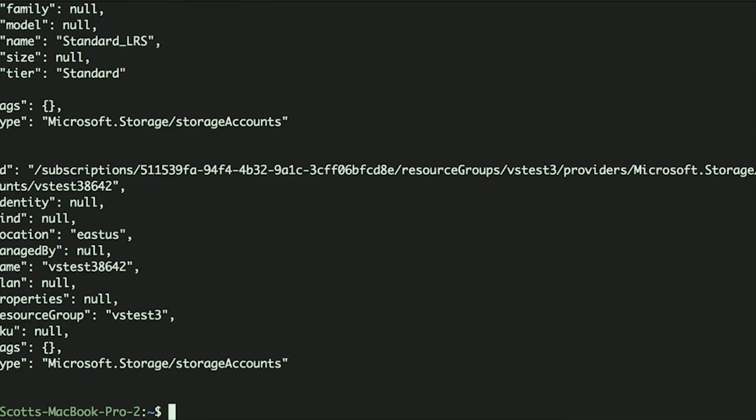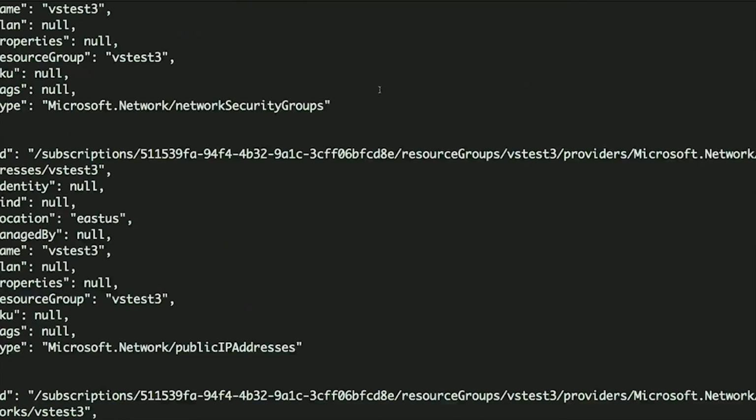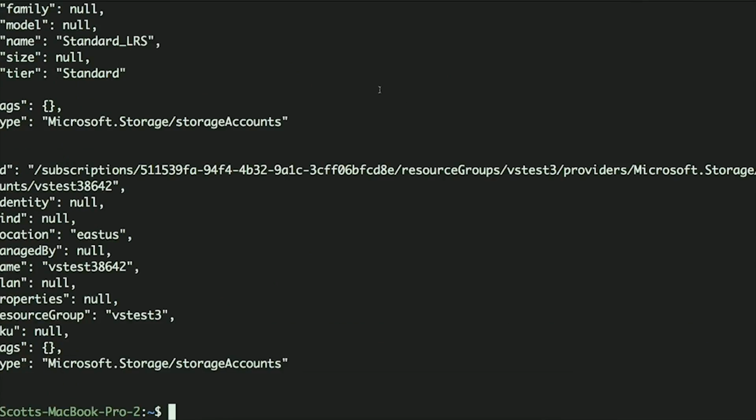Whew. And you can see here, this just went and pulled back all my resources that I'm running inside Azure. Now you'll notice right now it's pulling it back in JSON, which, how many people here love JSON? How many people here hate JSON? There we go. So the cool thing is, we love you all. So you can say Azure Resource List in JSON, or we could go ahead and say